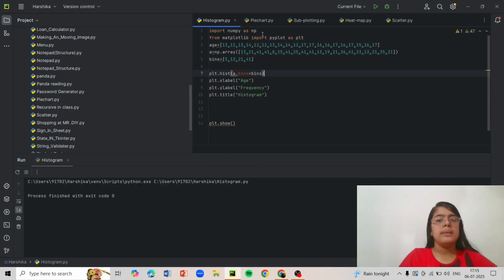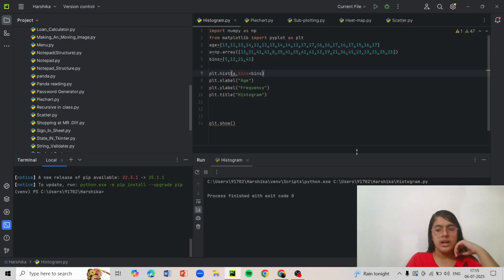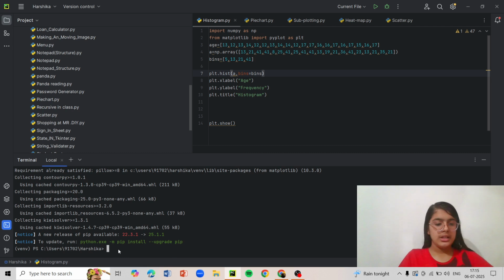First, we import numpy as np. And then we import matplotlib. These two need to be installed from the terminal. So over here you write pip